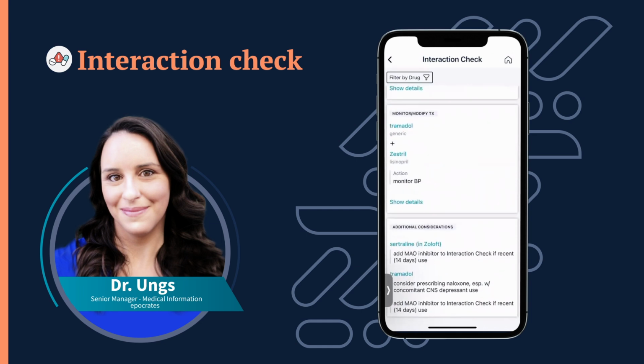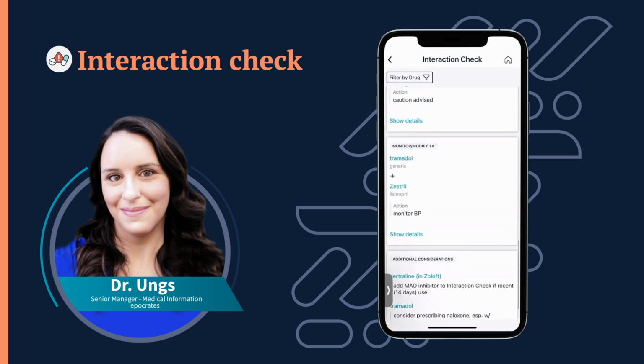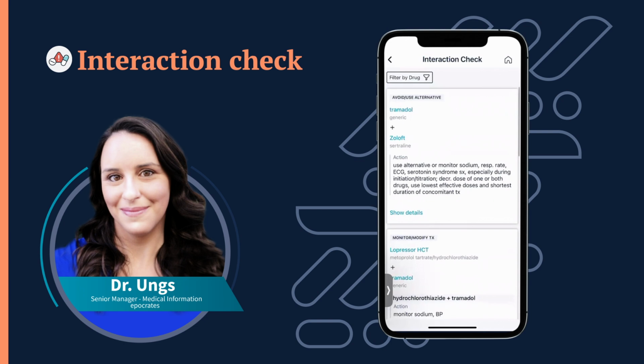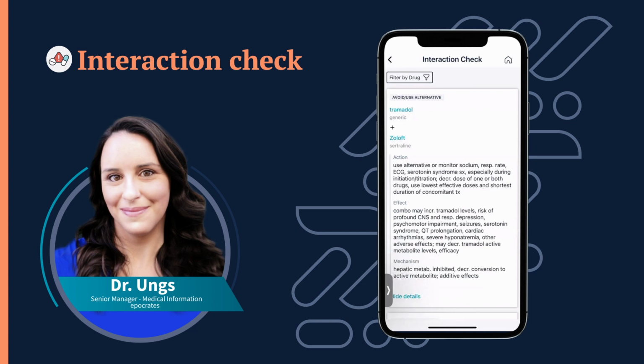Here we see the additional considerations for sertraline in Zoloft and tramadol. Let's scroll back to the top of the results screen. To view the interaction details for a specific drug pair, such as tramadol and Zoloft, tap Show Details. As you can see in this example, the action statement gives you guidance on what to do to manage the